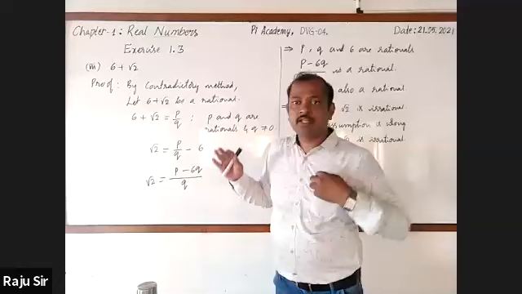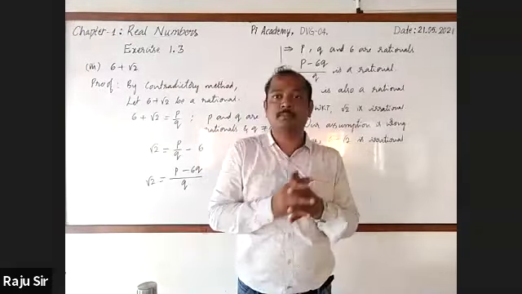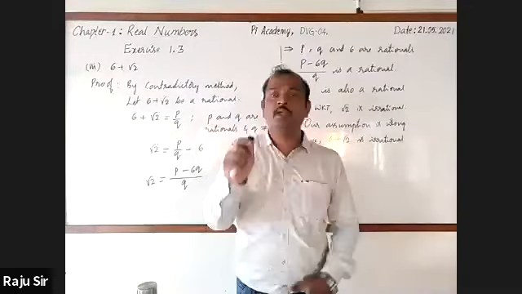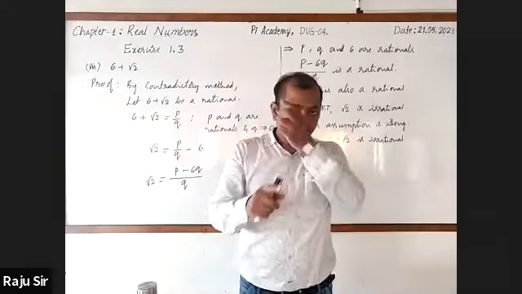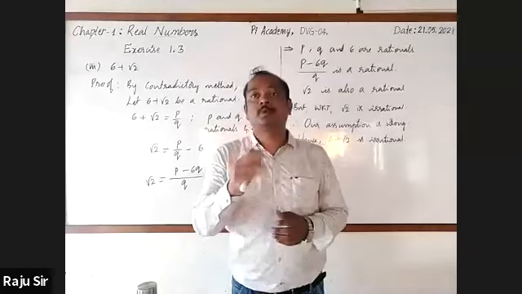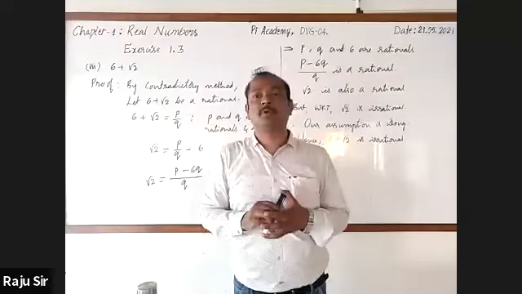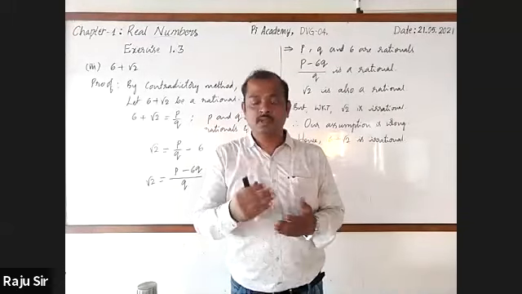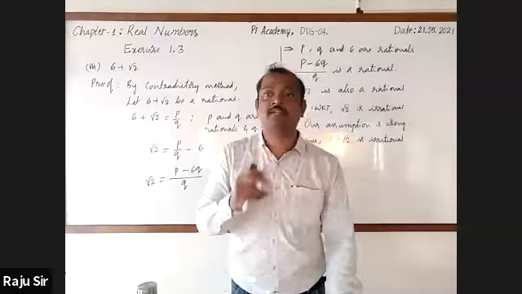Yesterday and today, we focused on revisiting irrational numbers. Now we are moving to the next part of this chapter, and this will be the last part of the chapter. That is revisiting rational numbers and their decimal expansions. This concept is also very important from the examination point of view for 1 mark. Many times they have asked questions on rational numbers and their decimal expansions.